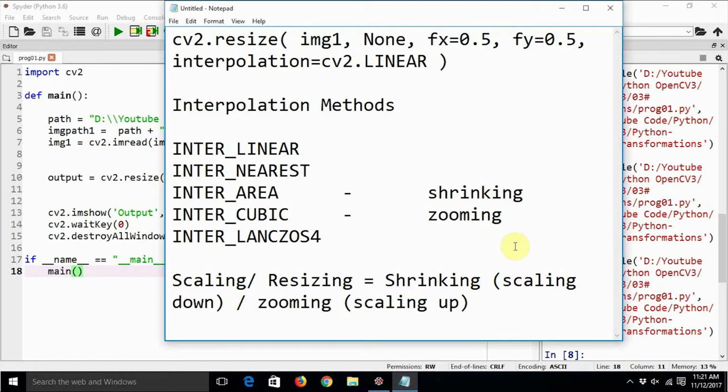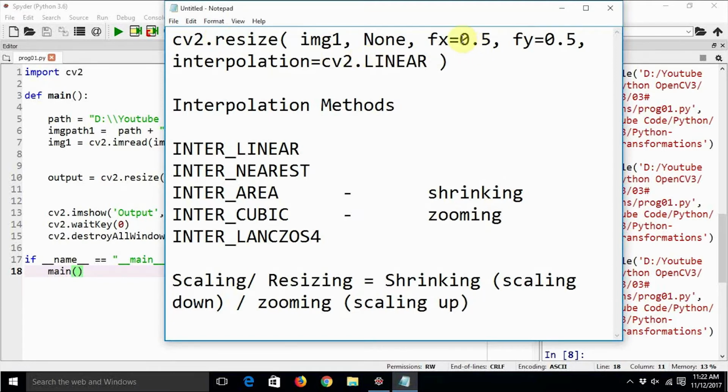Basically the transformations are nothing but mathematical functions which we apply on the matrix which represents the image. As we all know, images are represented by means of NumPy ND arrays, and we just apply these mathematical operations on NumPy ND arrays, and they are turned into some other array, and the visual representation of that array is nothing but the processed image. Similarly, all these transformations are nothing but mathematical functions. So first of all, we are going to have a look at the resize function.